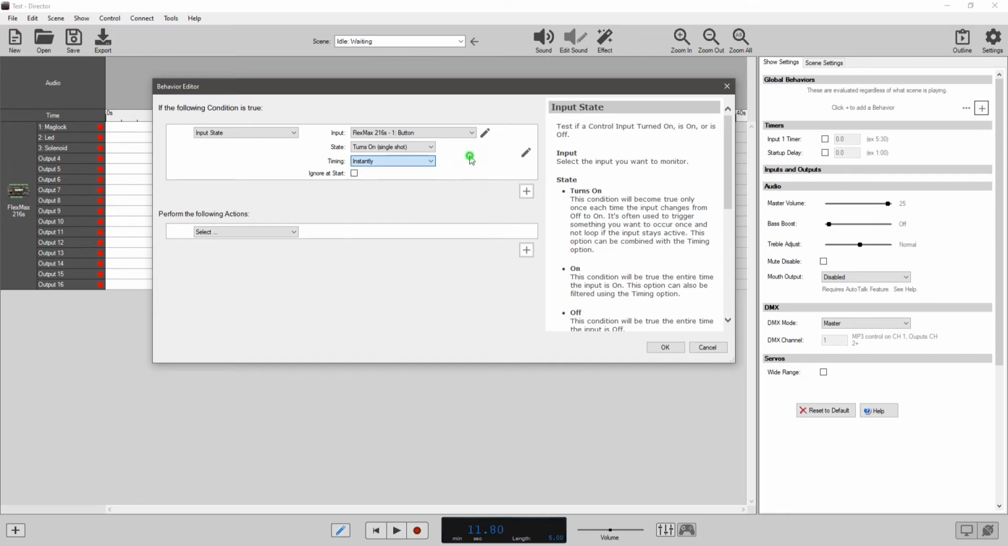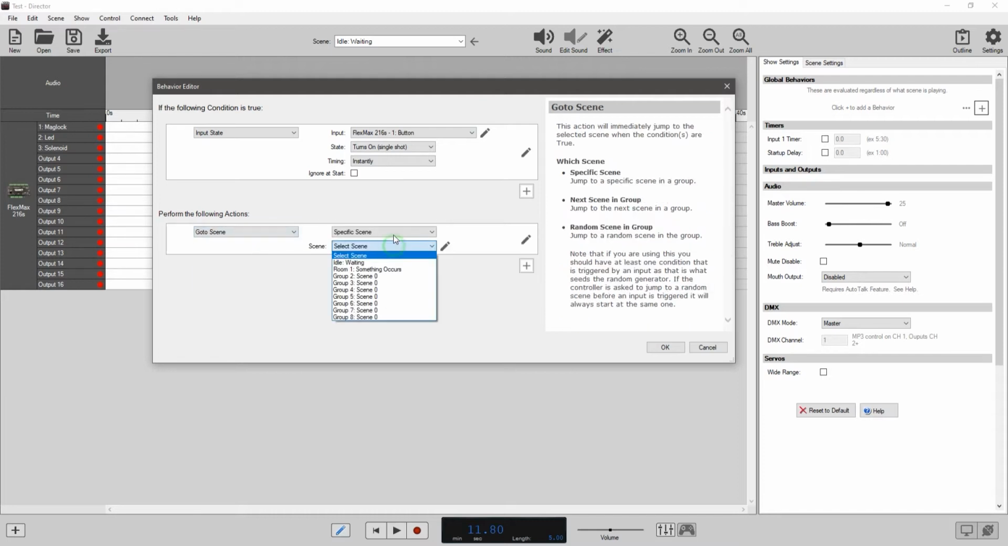So let's say you wanted to have your room reset. Let's say you have a button outside of your room that starts your room. So let's say this button here is your game start. This right here would then go to scene. You can see here you can choose specific next group, scene and group, random scene and group,